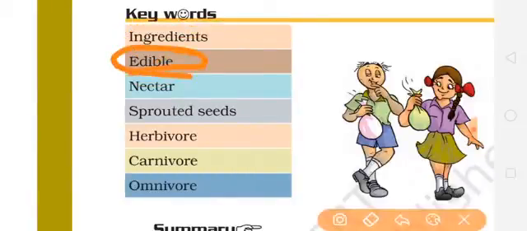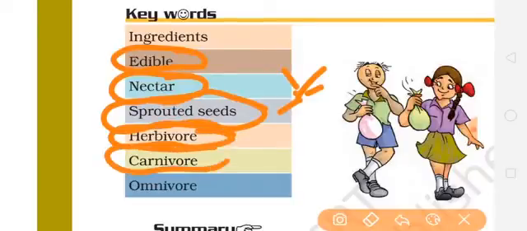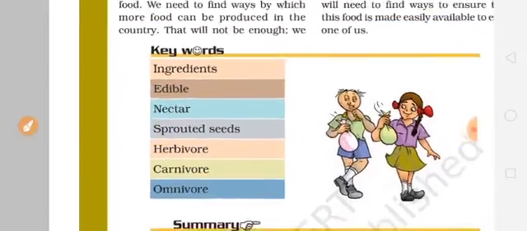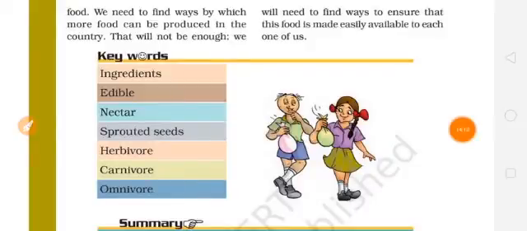And next we can go through the keywords, that is ingredients, edible, nectar, sprouted seeds, herbivore, carnivore, omnivore. And you can use your notebook. First you should write the heading neatly, and below that you can write these words. Keywords should be written. Only this I am telling you to copy to your notebook, no other things. And remaining activities which I gave you as homework, you should